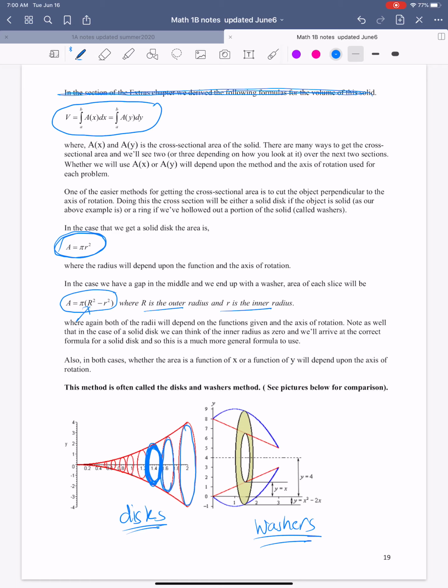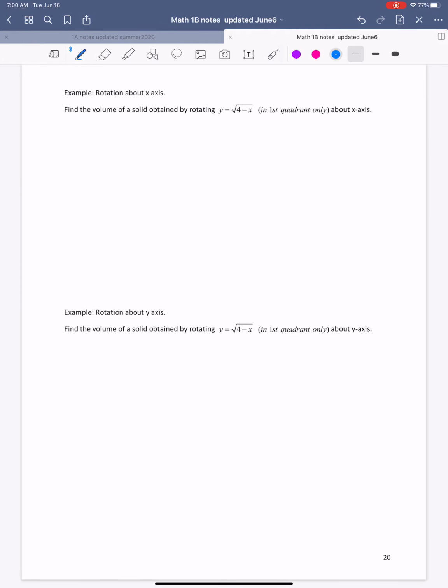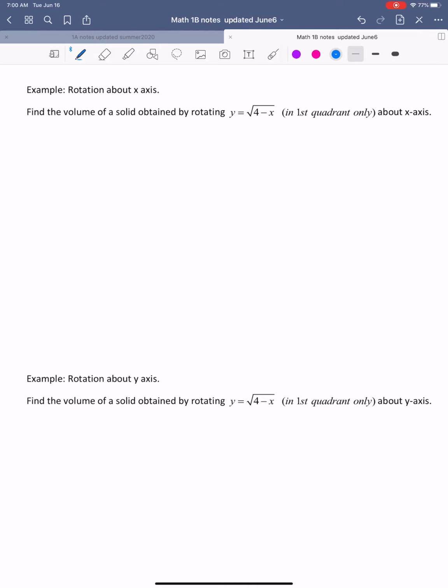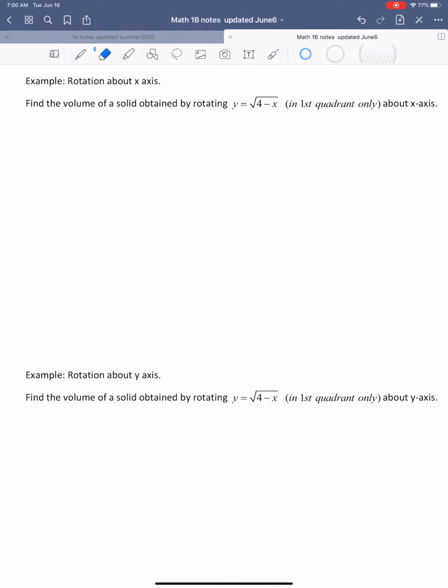All right, so let's take a look at a couple of examples. Here's the first example, rotation about the x-axis. Every time, you could be rotating about the x-axis, you could be rotating about the y-axis, you could be rotating about one of the other vertical or horizontal lines. So I'm going to go ahead and graph